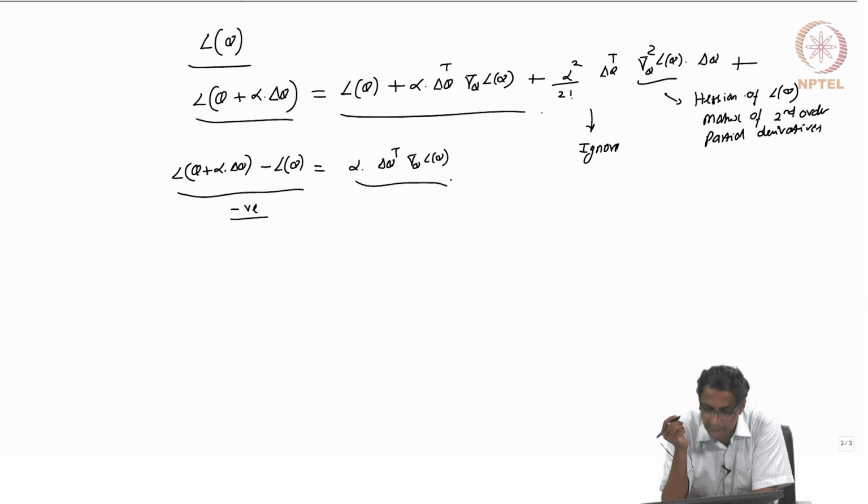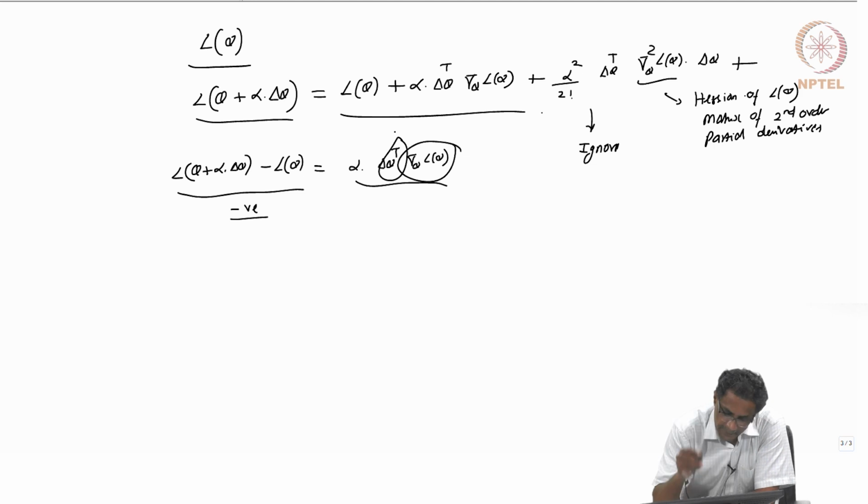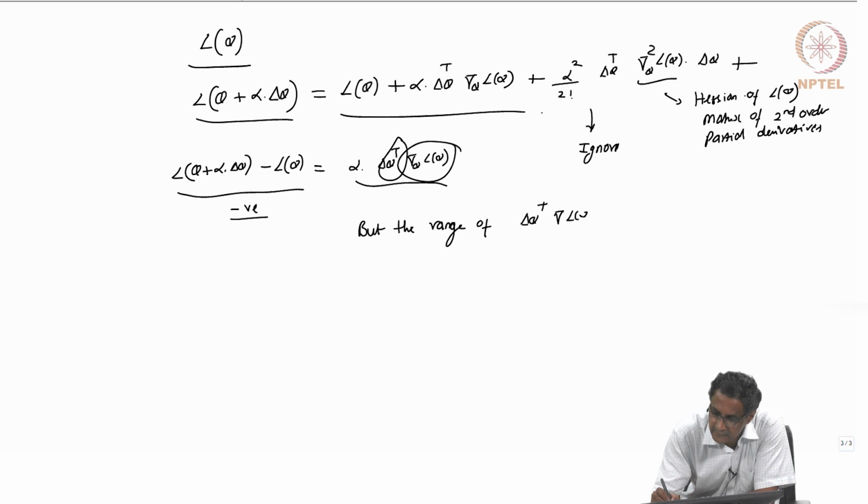And therefore, this quantity is what we need to appropriately pick, out of which this is already fixed. This is simply a gradient, which means the whole control lies with what should be Δθ transpose. But the range of this quantity, the range of Δθ transpose gradient L(θ), is such that